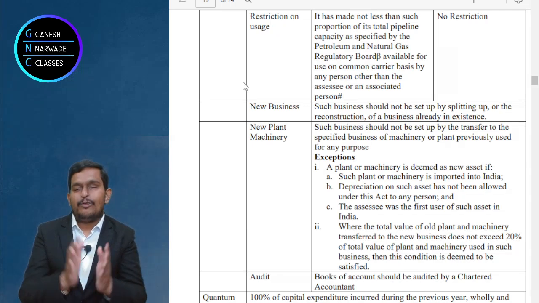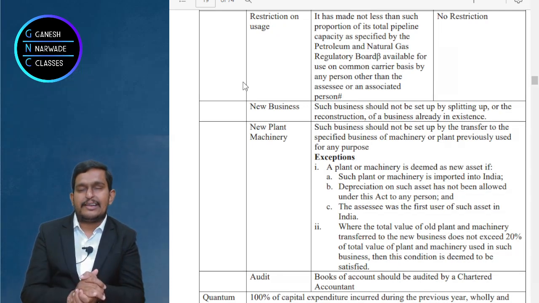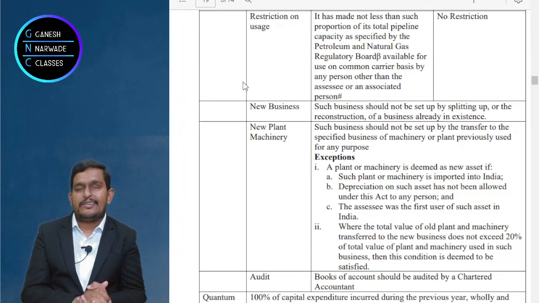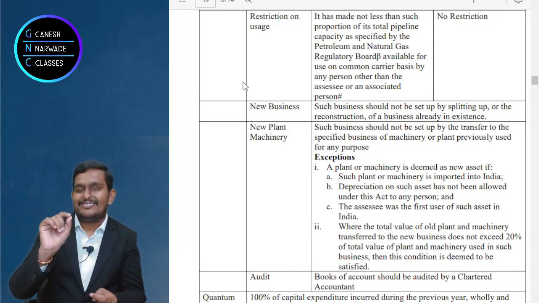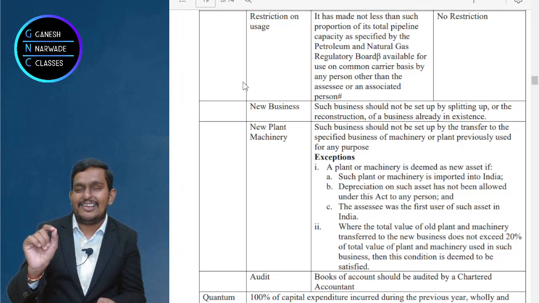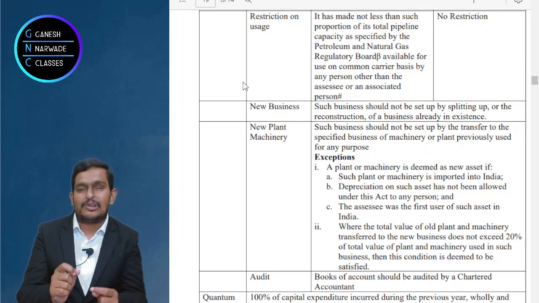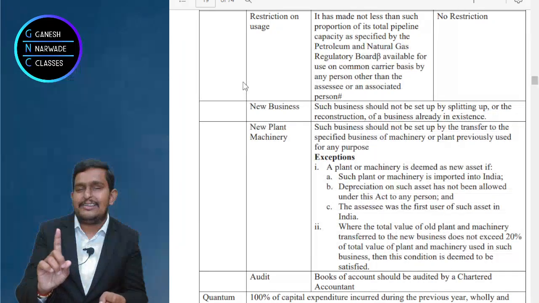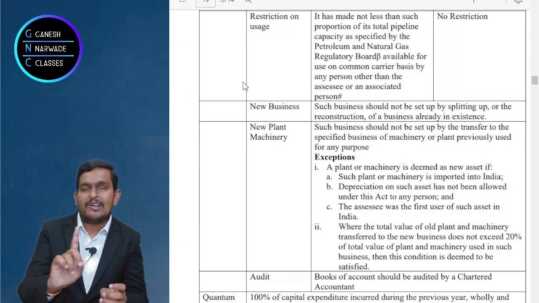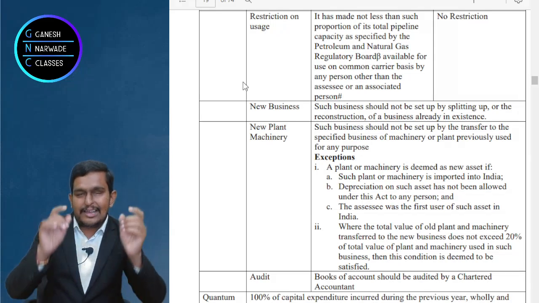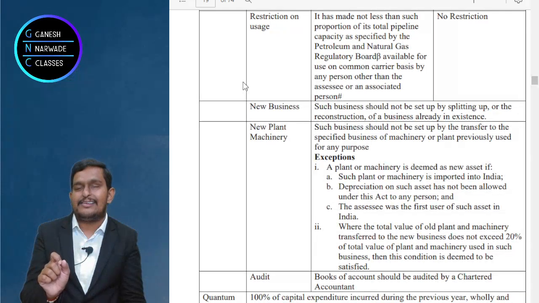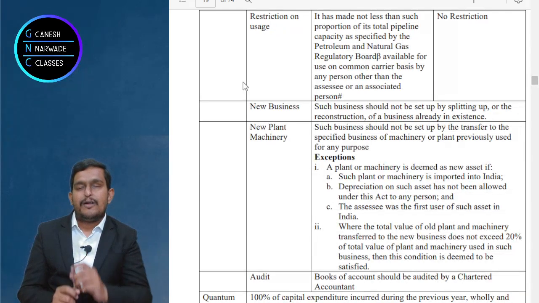Okay. Now, when you want to get the benefit under 35 AD, you have to start a new business. You cannot say that it was Falana Petroleum, now it is Dikana Petroleum, we just changed the name and want to claim deduction. No, sir, we amalgamated. No, you cannot get deduction. Sir, succession. No, you cannot get deduction. It should be entirely a new business for claiming the deduction. Are you clear with what I said? Yes or no? Yes.